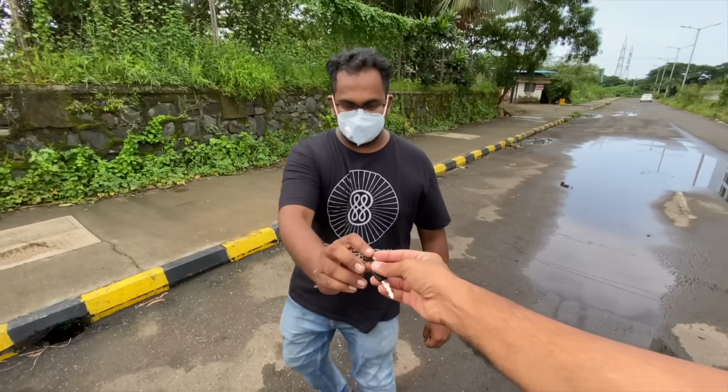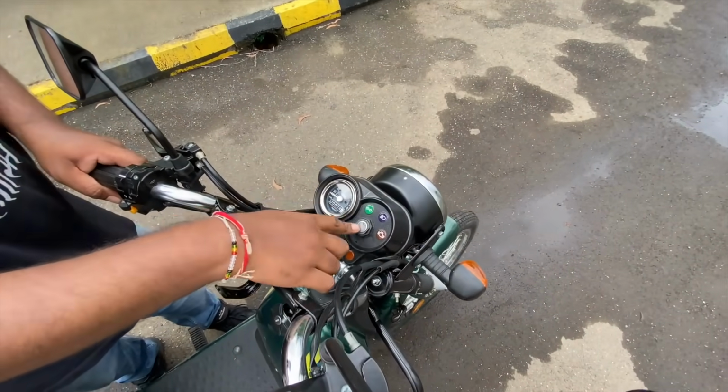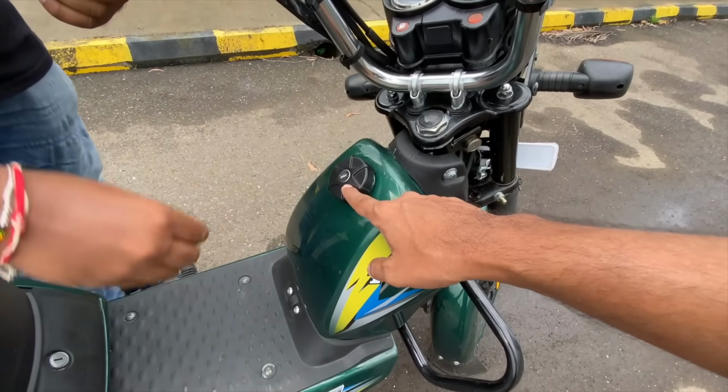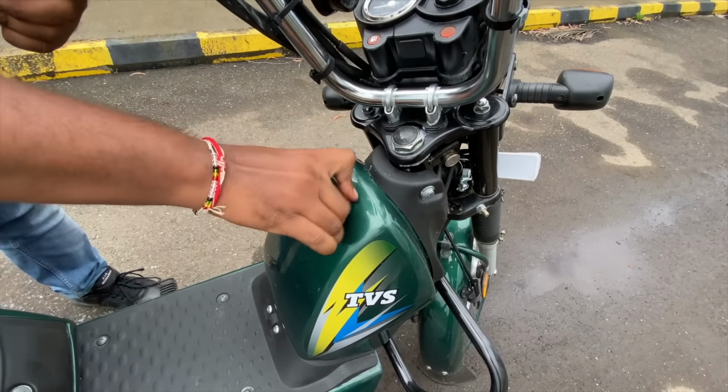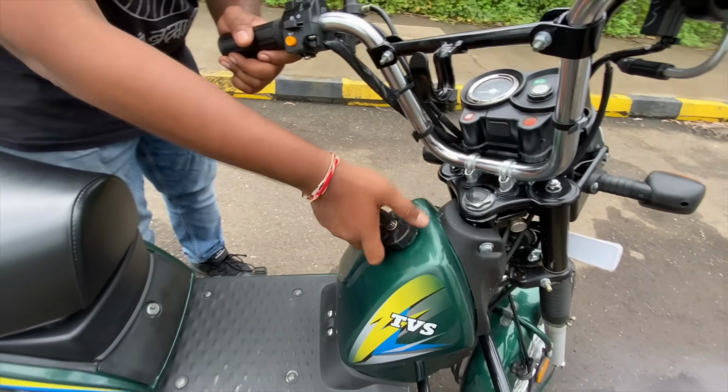Then if you would do the needful, that would be really great. So number 1 is this. Yes. Turn on. Number 2 is lock. Locking the scooter, moped, whatever you want to call it. Opening the fuel cap, which actually comes in your hand. Not very convenient. Yeah, a lot of cheap bits on this moped, but then for the price, we really can't